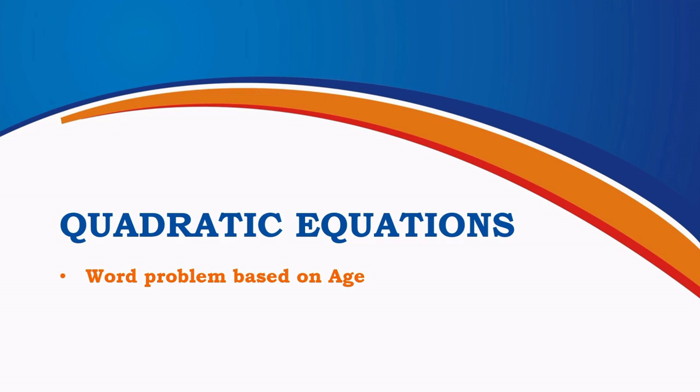While solving age problems, remember to carefully identify whether the question talks about present age, past age, or future age. Once the relationship between the ages is understood, forming the equation becomes much easier. Let us now read the question carefully and solve it step by step using the concepts of quadratic equations. By the end of this example, you will see how a real-life age situation can be converted into a mathematical equation and solved accurately.